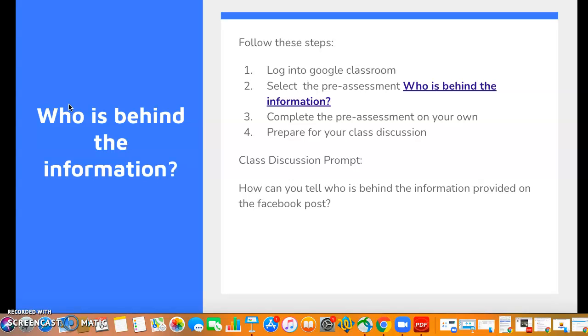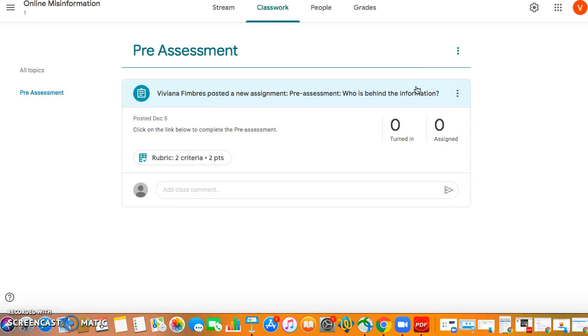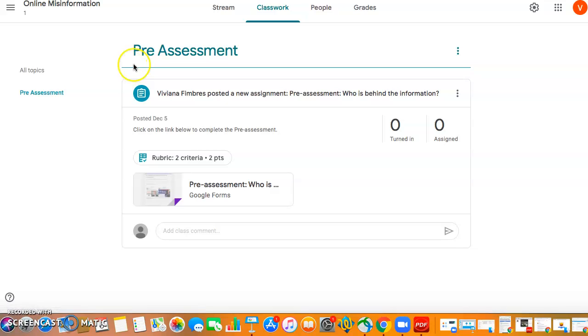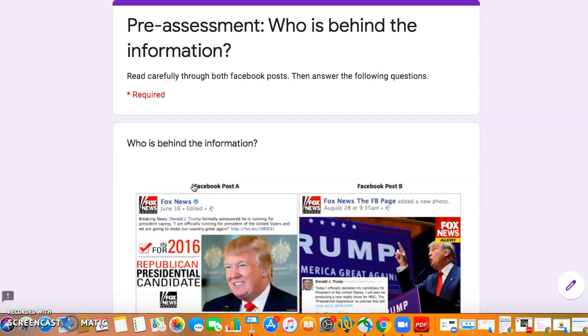Then they will begin with a pre-assessment, which is in Google Classroom, and they will be able to complete that assessment on their own, and then they will prepare for the class discussion, which will take care of the prompt that asks, how can you tell who is behind the information provided on the Facebook post? So here I will show you what that pre-assessment looks like. You click on it, and it takes you directly to Google Classroom, and then this is what the students will see. They click on the pre-assessment, and